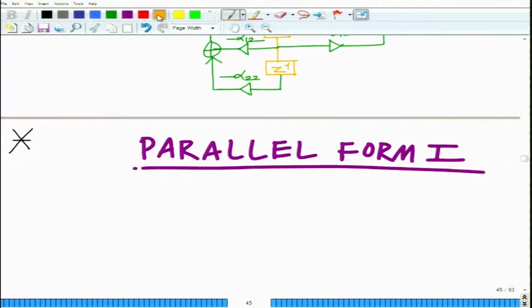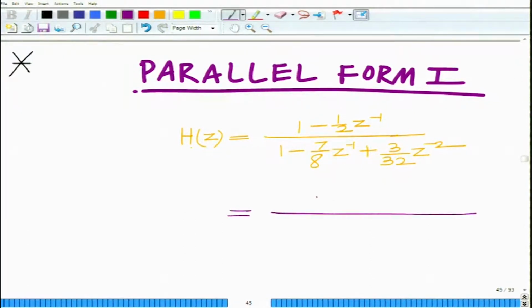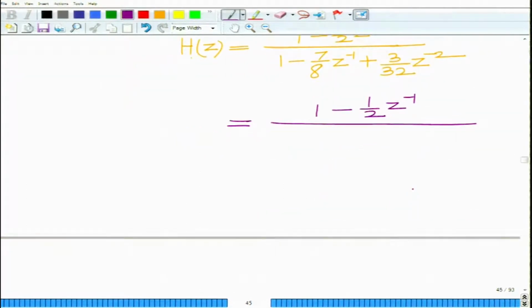And let us consider the following example, a very simple example. We have H of z equals (1 minus half z inverse) divided by (1 minus 7 by 8 z inverse plus 3 by 32 z minus 2), which equals (1 minus half z raised to minus 1) divided by (1 minus 3 by 4 z inverse) into (1 minus 1 by 8 z inverse), which is equal to